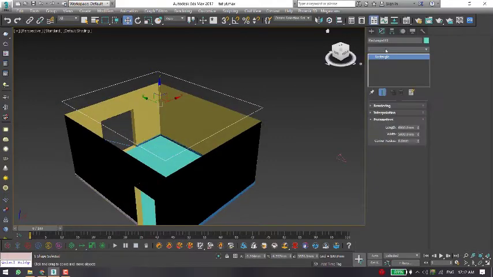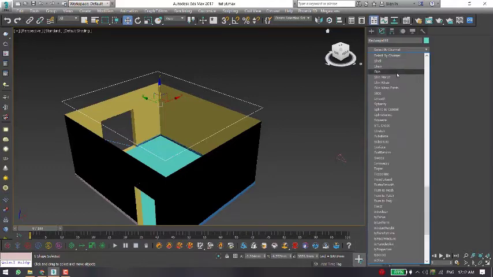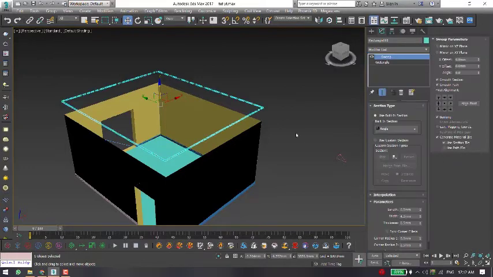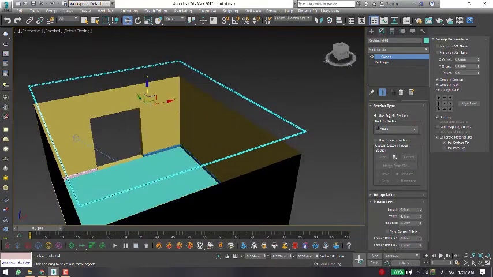Go to modify tab, go to modifier list, search sweep modifier, sweep. If you want to use built-in sections, you can go ahead and use them.